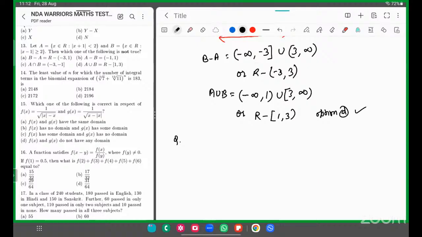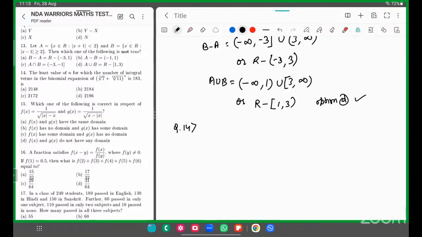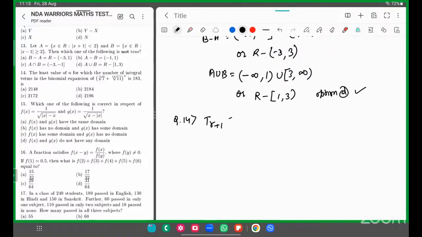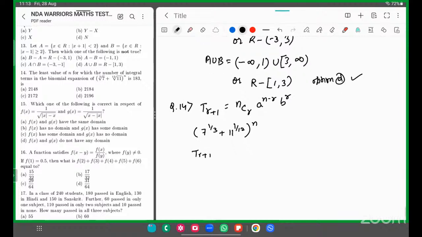ऑप्शन D is the correct answer। क्वेश्चन नंबर 14 देखो क्या कहता है, least value of n for which the number of integral terms in the binomial expansion of this is 183। तो n का वैल्यू क्या होगा? अच्छा, बाइनोमियल का एक्सपेंशन सबको ध्यान में रखना होगा। इसके लिए जनरल टर्म कैसे लिखते हैं हम, nCr a to the power n minus r b to the power r, ये फॉर्मूला होता है अपना। अब अपने पास क्या दिया हुआ है, उन्होंने दिया है 7 to the power 1/3, प्लस 11 to the power 1/12, whole to the power n है। इसका अगर मैं जनरल टर्म लिखता हूँ तो